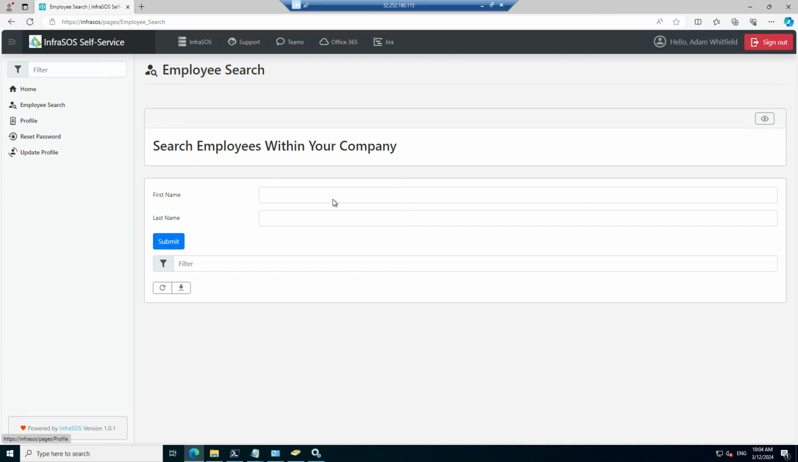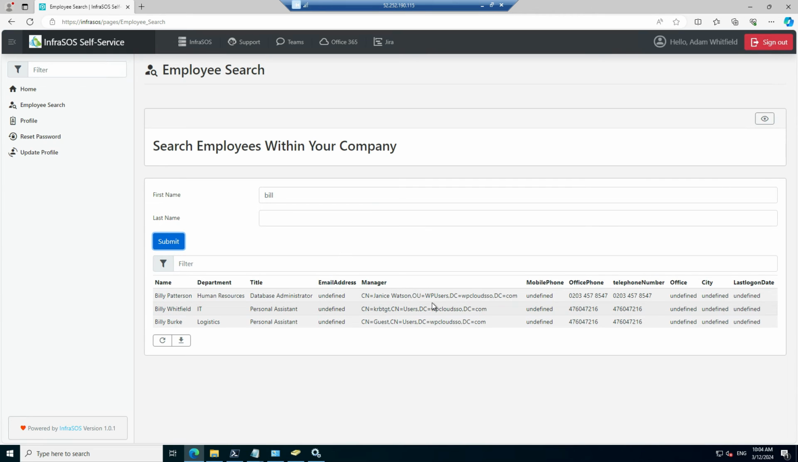Employee search. So they can do a search for employees within your company, which is quite useful if users want to find out their contact details, who their manager is. So if they've got a mobile phone number set up on their AD attributes, office phone, office city, last login, which is quite useful. So if they do a search for me, for example,